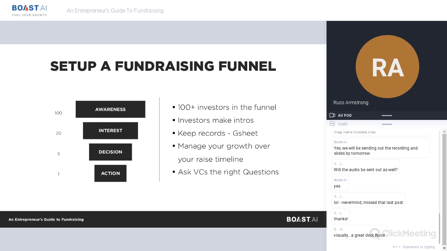So a couple tips to help you with this, and just think about it as a pure sales funnel. Obviously, if you're going out to 100 VCs, you might get 20 replies and 5 decisions, those decisions might be actual in-person presentations, and maybe it's 1 term sheet from 100. But based off of that, continue to ask those people who are responding for other intros to help keep more people in your funnel to keep it going.